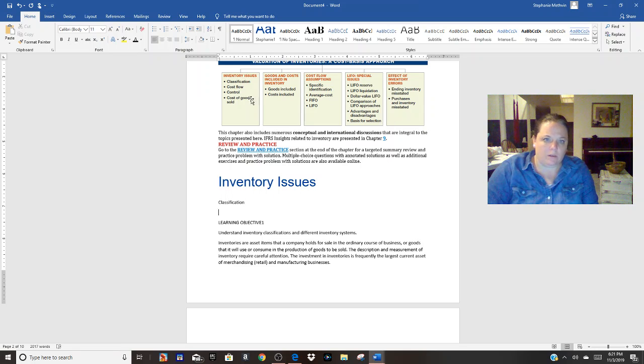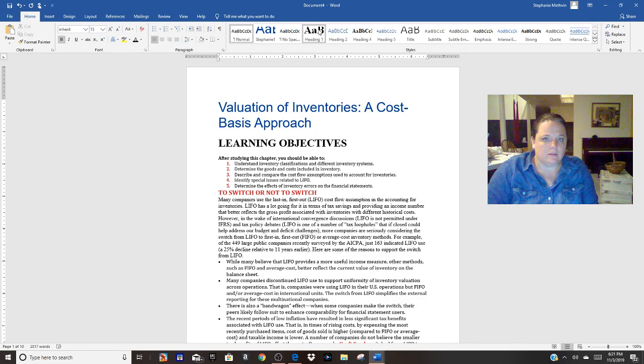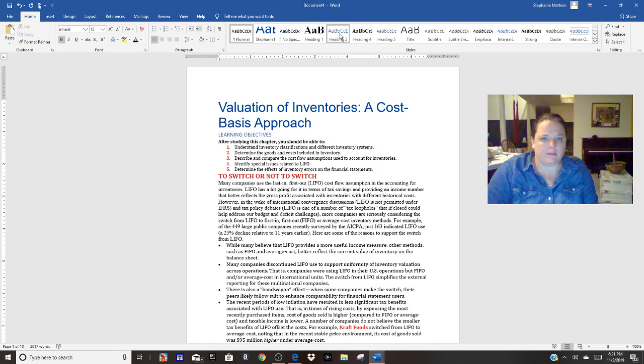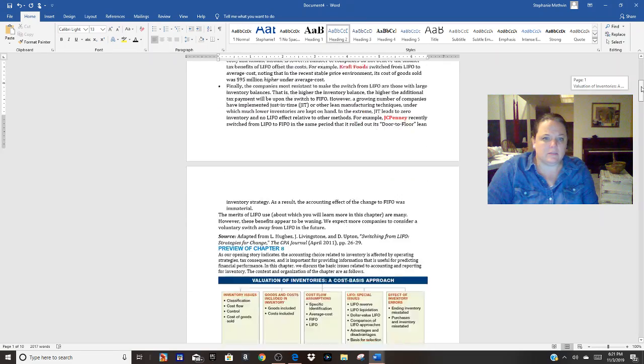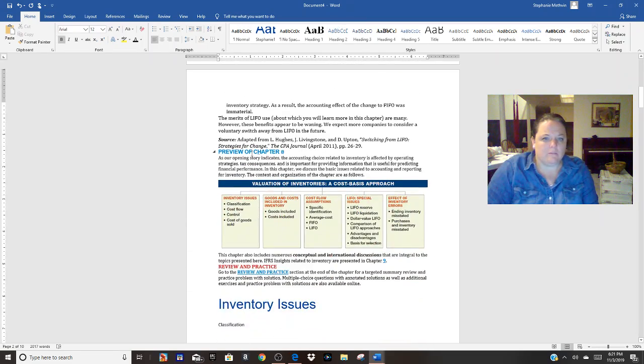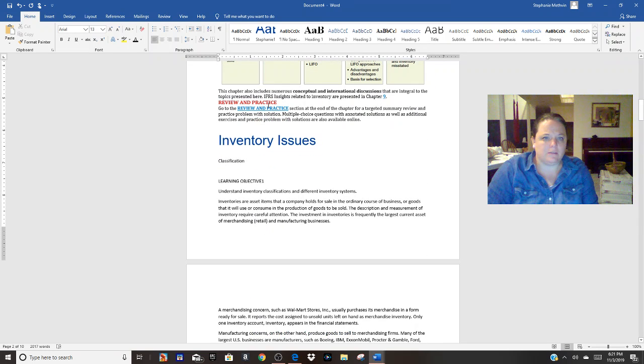So Stephanie 1 is this. Let's see what else we have here. Learning objectives. I'm going to apply heading 2 to this. Maybe put heading 2 here. I'm going to put heading 2 in a few of these areas.